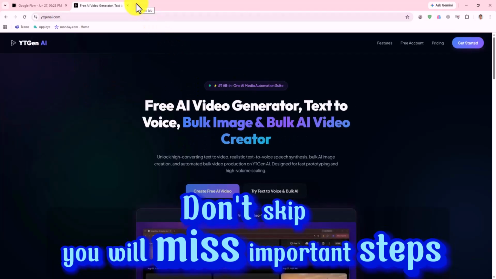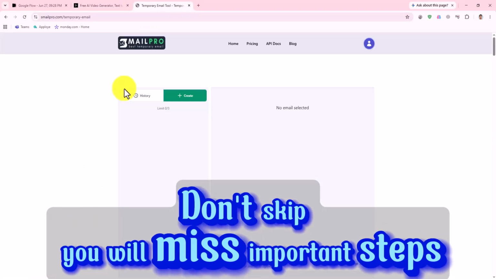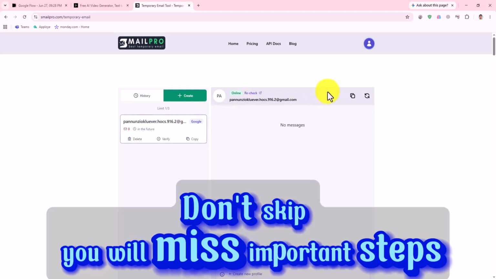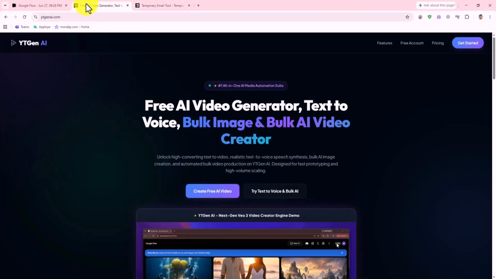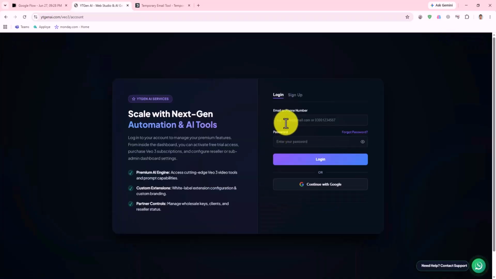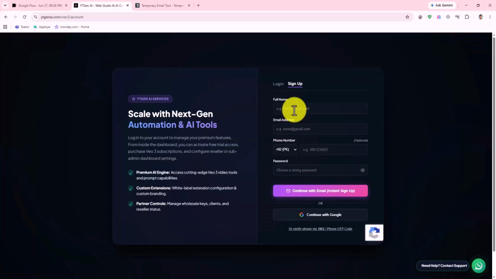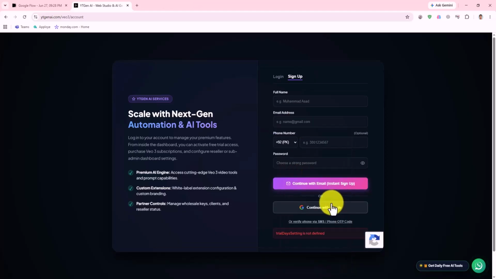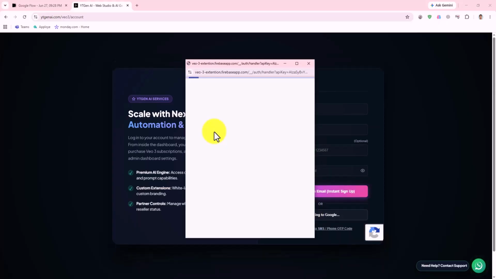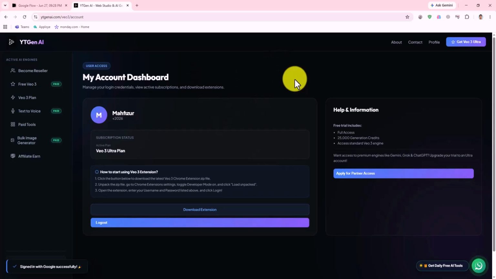Search in Google, and also you can go over this site Gmail. So it's a temporary Gmail you can use to sign up in this website. You can also use your Gmail, official Gmail as well. So now, after you log in with your Gmail, or you can use the disposable Gmail, you will see